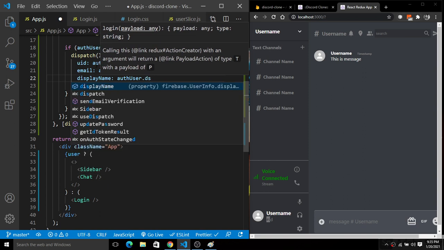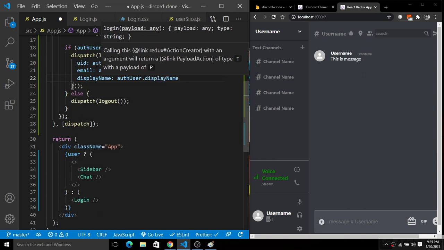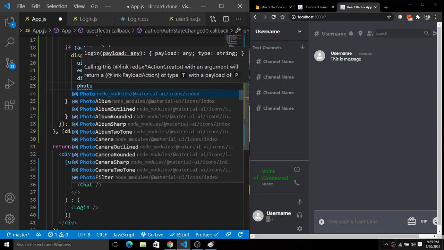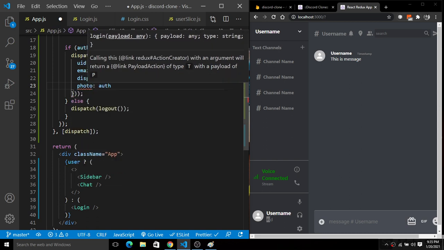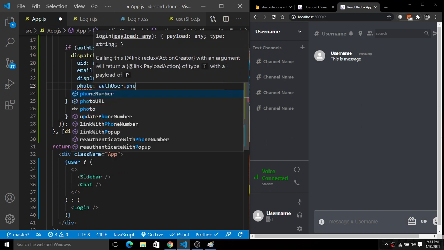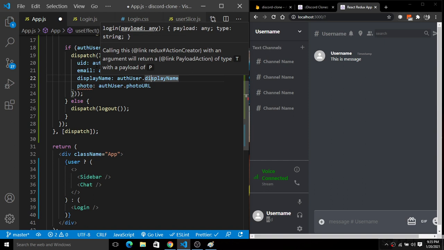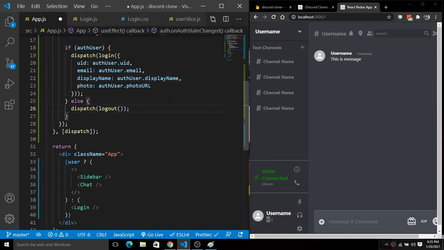And we will use the photo. For the photo, we have auth user dot photo URL. Okay, fine. So we are going to dispatch this bunch of information after the successful login of the user. Now save this.